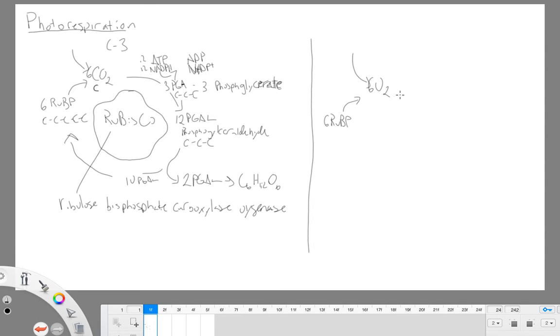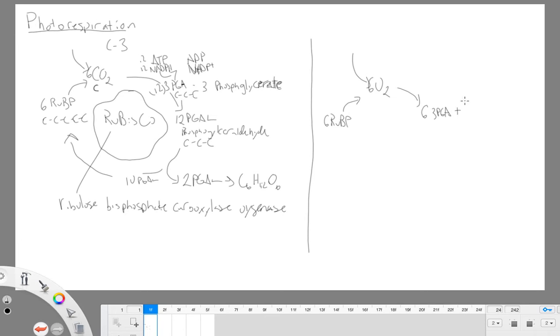And here's where we get something different. Instead of creating 12 of these 3-PGA, these phosphoglycerates, in this process we only get 6 of these phosphoglycerates, 3-PGA,